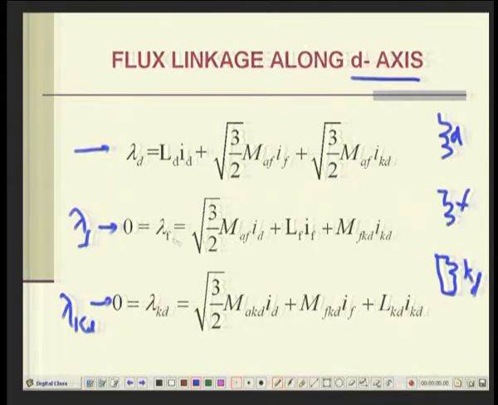We find that this lambda f is 0, but there will be a lambda d, okay, and lambda kd is 0. So, we have 3 equations and 3 unknowns, is it not? So, we can write i d in terms of lambda d by Cramer's rule. 3 equations, 3 unknowns, they are all algebraic equations. In the d axis we have algebraic equations with all the known parameters of inductances, okay, and